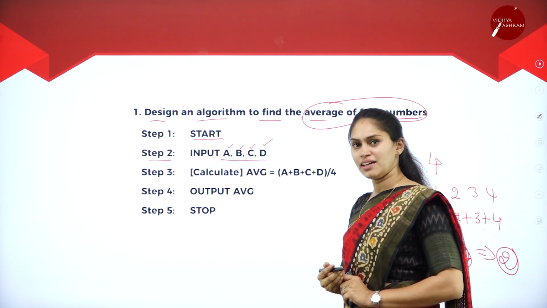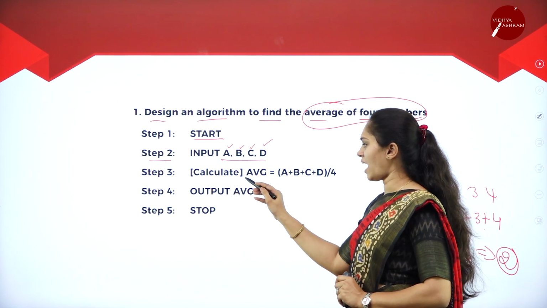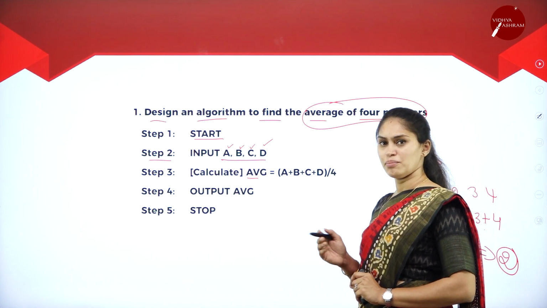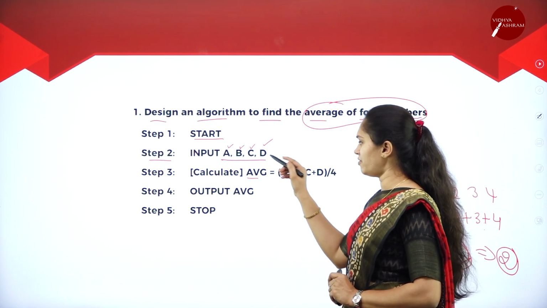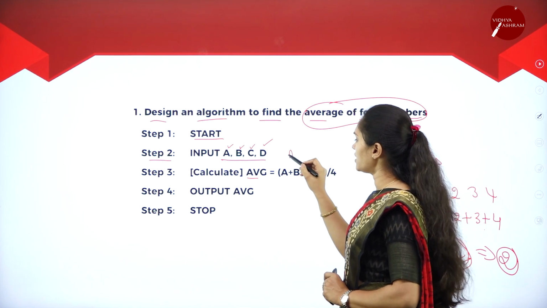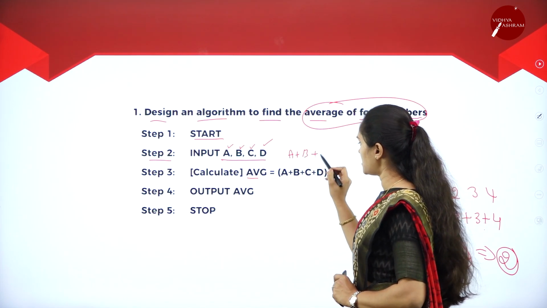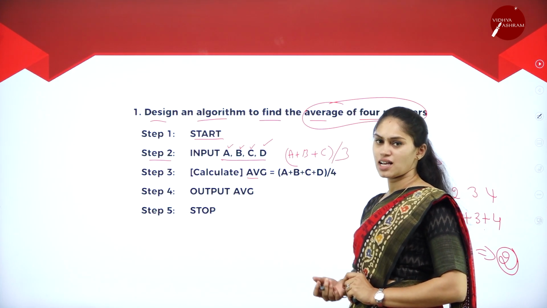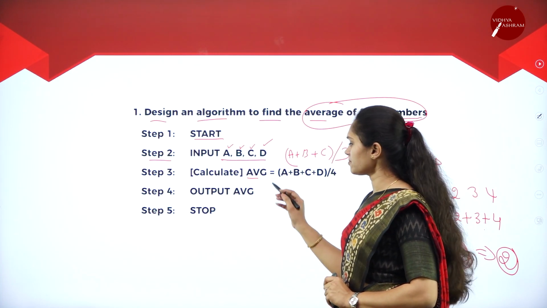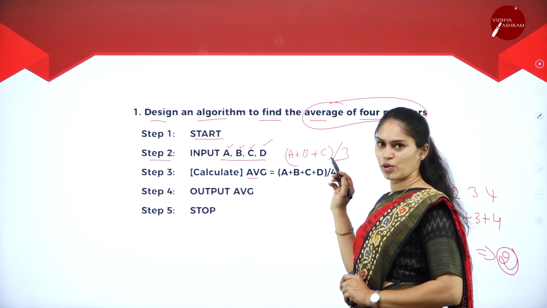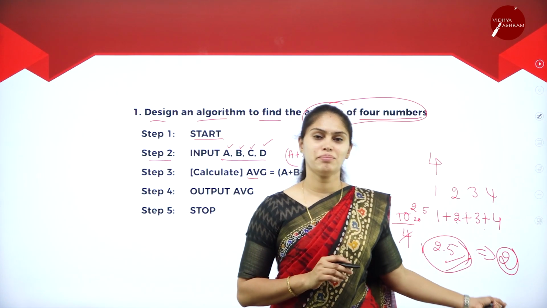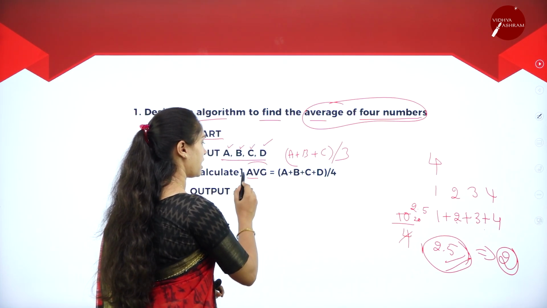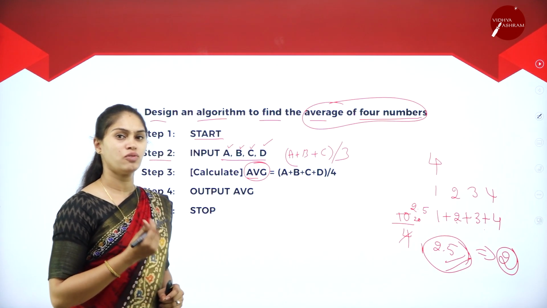Then how to calculate an average of 4 numbers? That is average is equal to A plus B plus C plus D, which will be divided by 4. Okay, so if it is average of 3 numbers, so at that time we are going to take A plus B plus C which is divided by 3 itself. Okay, that is how we are going to find an average. So whatever the average that we are going to get, if you consider this example, average will be 2, right? So that value will be stored in this AVG or average variable.